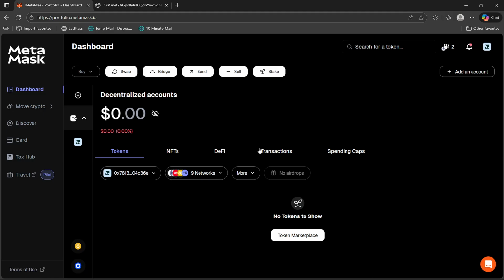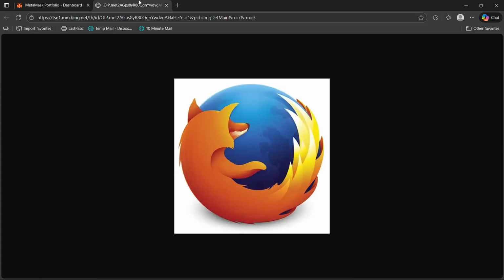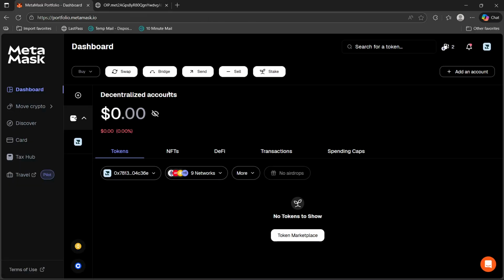Hey there, what's up? In this video, I'll give you a quick guide on how you can set up MetaMask wallet on your Firefox. By the way, this could also work with other browsers, but if you want